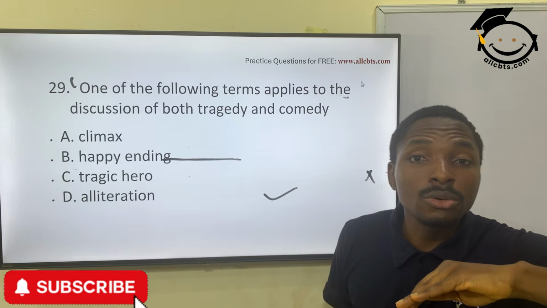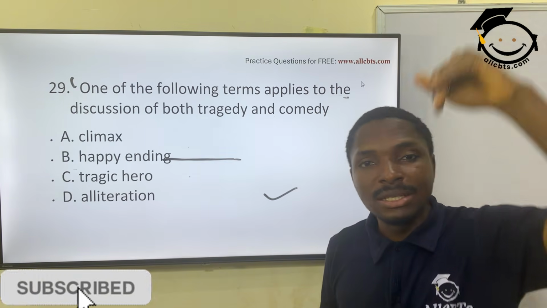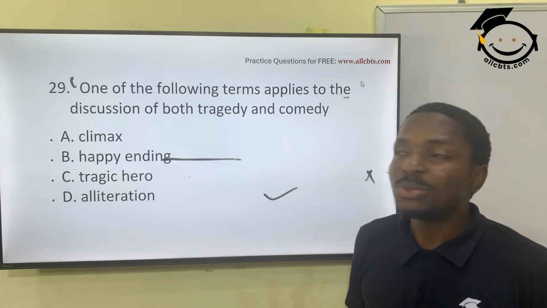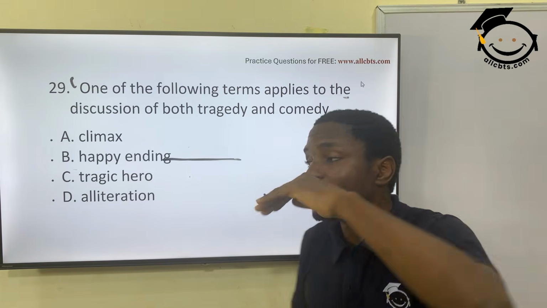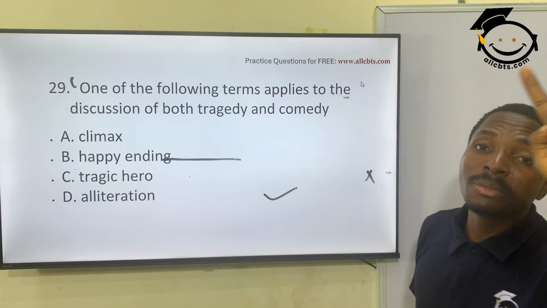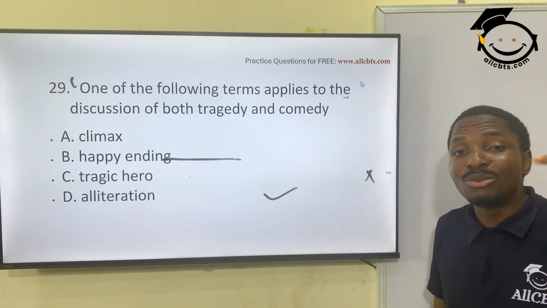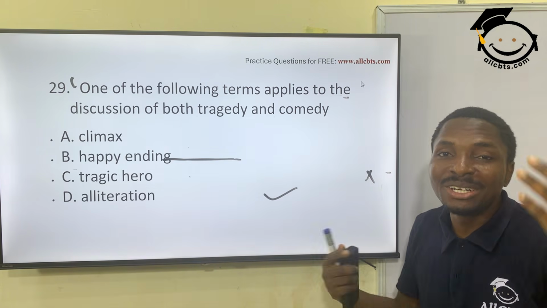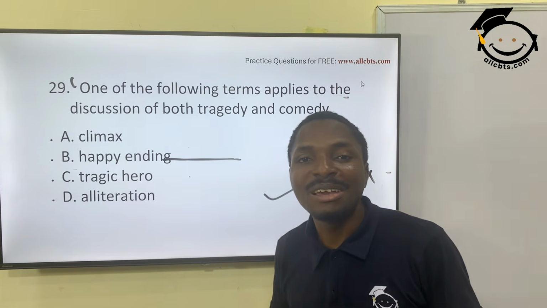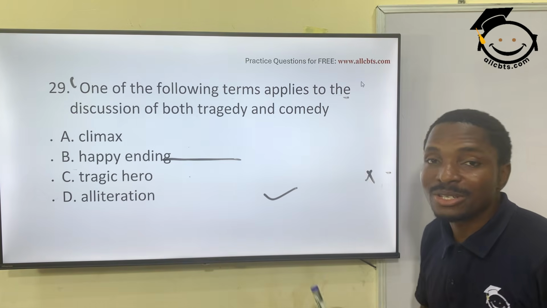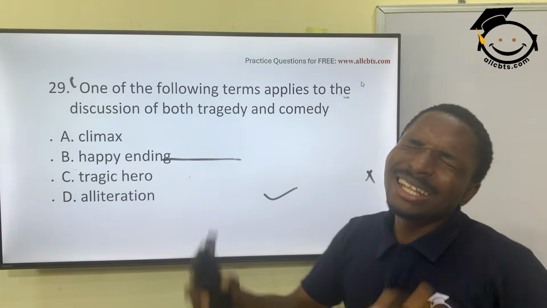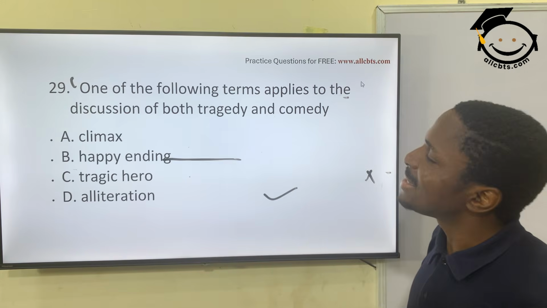When you watch a comedian also, they get to the peak, then they stop. So comedy has the peak. Tragedy also has the peak. Every comedy has its peak. It might not look like a peak, depending on how good they are able to put it or plot it together. Okay, and the last question for this session.